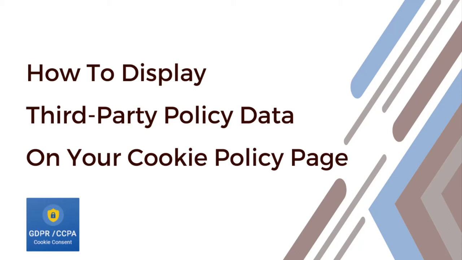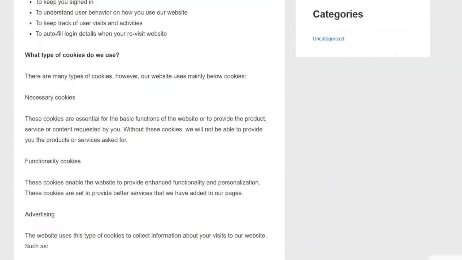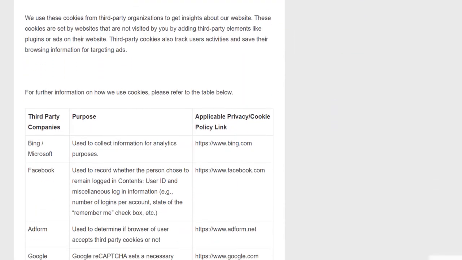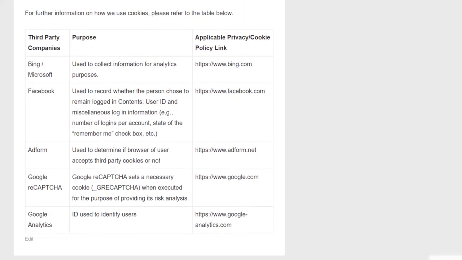In this video, we'll show you how to display third-party policy data on your cookie policy page in WordPress, using the GDPR Cookie Consent plugin. Policy data shows the third-party companies, their purpose, and applicable privacy policy or cookie policy link in the form of